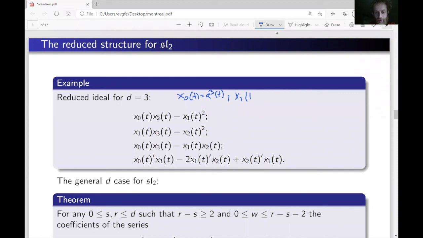x1 of t is a squared of t, b of t, x2 of t is a of t, b squared of t, and x3 of t is b cubed of t. And then, well, one easily sees that these three relations are satisfied. So just plug in and then you get the equality. But there is one very interesting thing, namely that there is this one funny relation